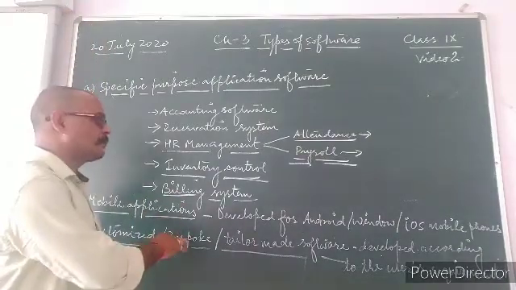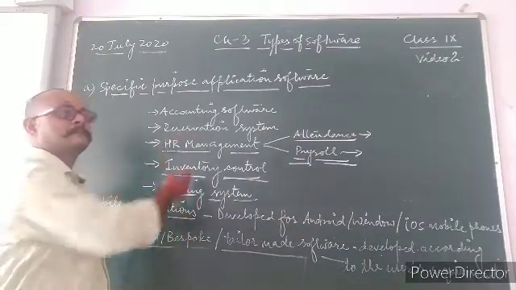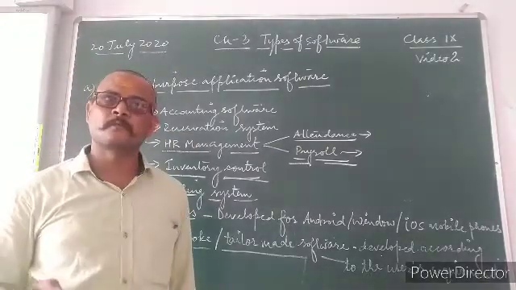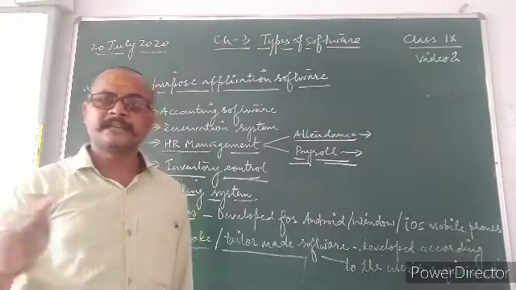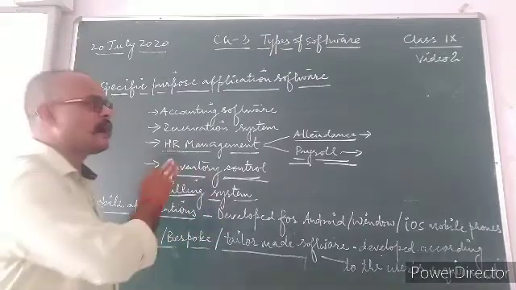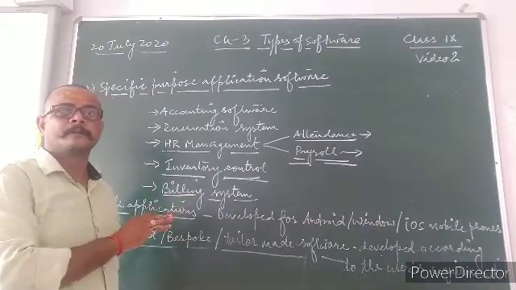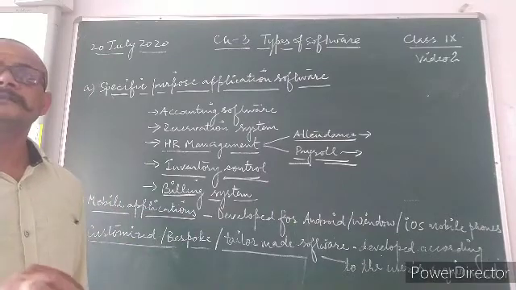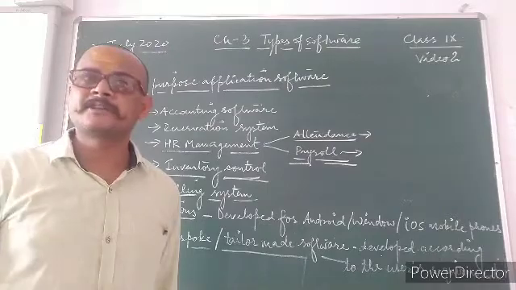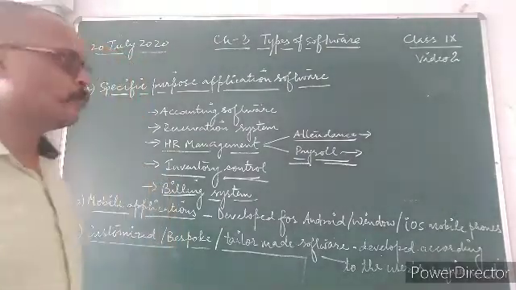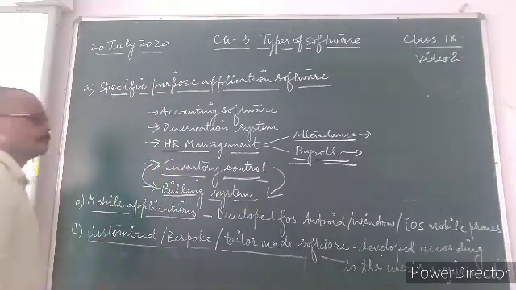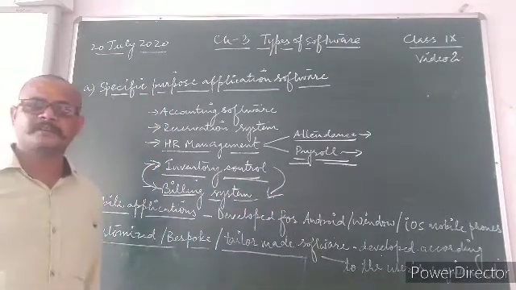And after generating the bill, the system is connected or joined with inventory control, that from our shop, from our mall, these things have been sold out, and they are now in our inventory. These things are in this much of number. हमारे पास इतनी चीजें थी, इतने ये बिक चुके हैं और हमारे पास अब इतने बचे हुए हैं। तो बेसिकली इन्वेंटरी कंट्रोल एंड बिलिंग सिस्टम, they are attached with each other.